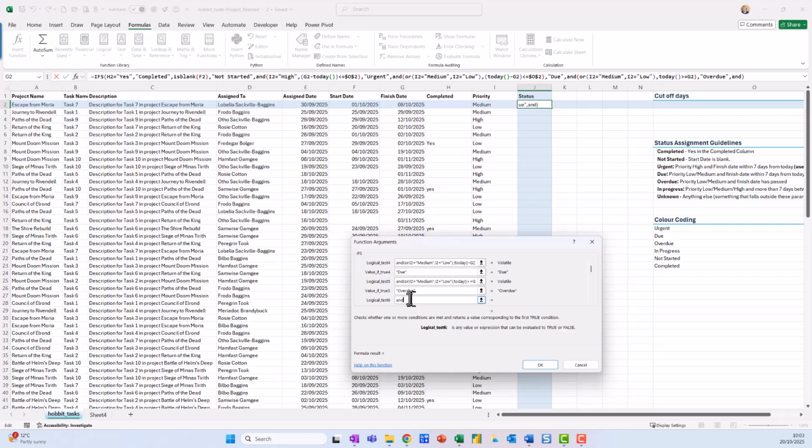I'm going to say and, or, this one is equal to medium, comma, or this one is equal to low, comma, and we need to put in the high ones as well. So I'm just going to go equals high, comma, open my brackets, and I want to say if this one here, the finish date, the difference between the